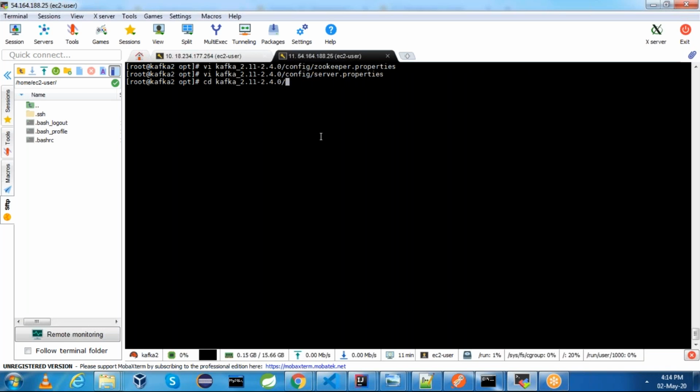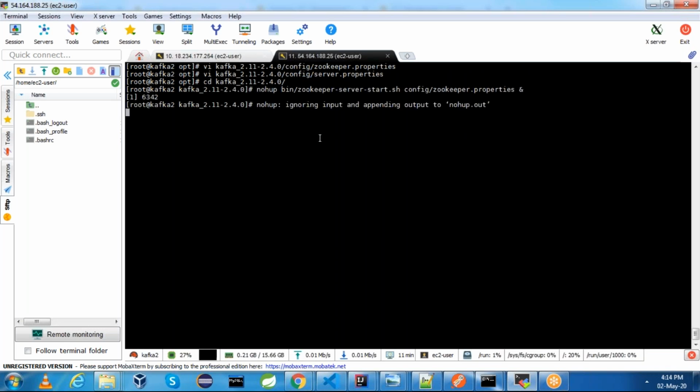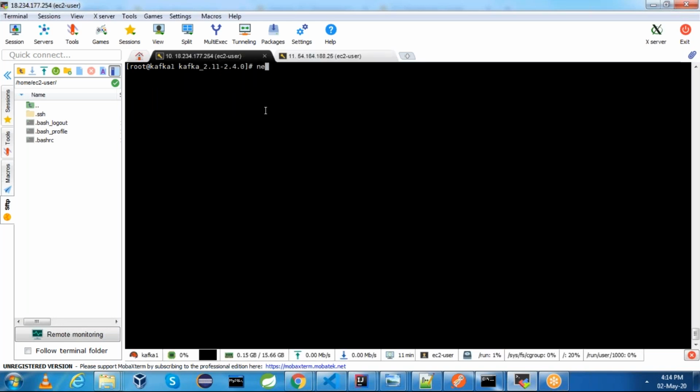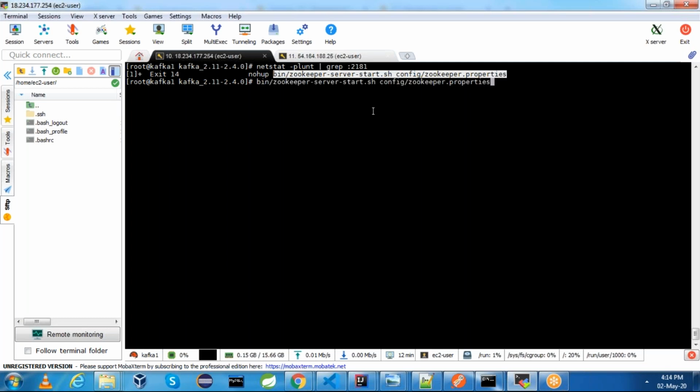Go to Kafka and start Zookeeper. Now this is done. Let us verify whether it is running or not. netstat -plant | grep 2181. Now it has exited. We'll check once why it exited.